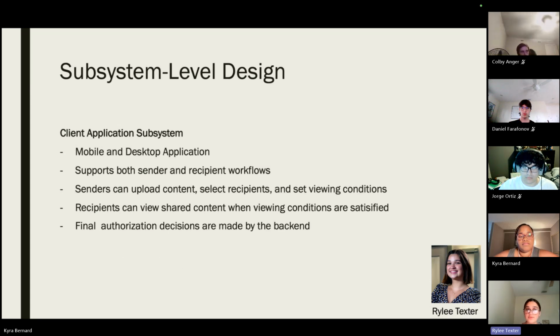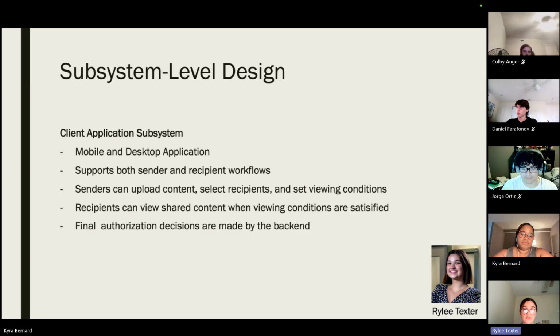So I'll be responsible for designing the mobile client application. We plan to develop this with Flutter so that both Android and iOS can share most of the same code base while still using platform-specific features when necessary, like for screenshot detection, for example. Senders need tools for uploading content, choosing recipients, setting conditions, and managing or revoking access.